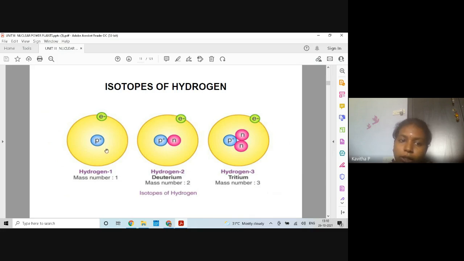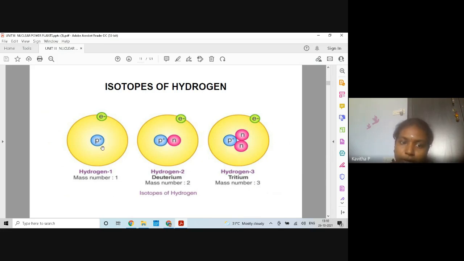So we already know that the atomic number is the number of protons in an atom. And the mass number is the number of protons and neutrons in an atom. So when we talk about the 1H1, we only have one proton and there are no neutrons available here. It has only one proton and one electron, which is the usual hydrogen. Next, when we're talking about the isotope of hydrogen, which is 1H2 hydrogen, we have one proton, one neutron and one electron. So the mass number over here is equivalent to 2. And the mass number over here is equivalent to 3, which is because of one proton and two neutrons.